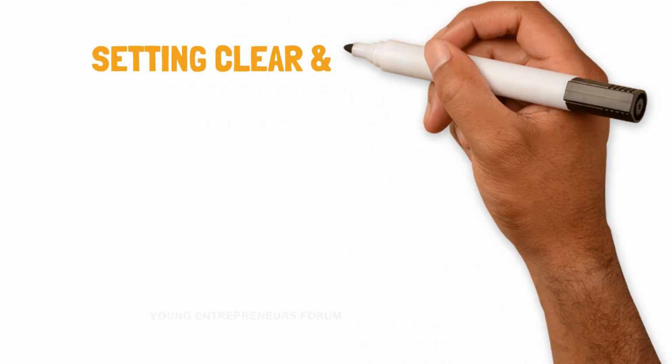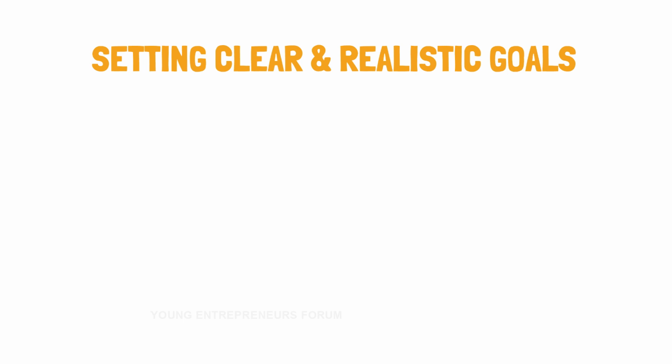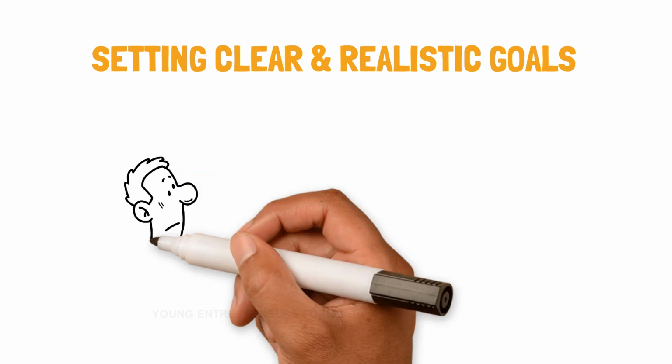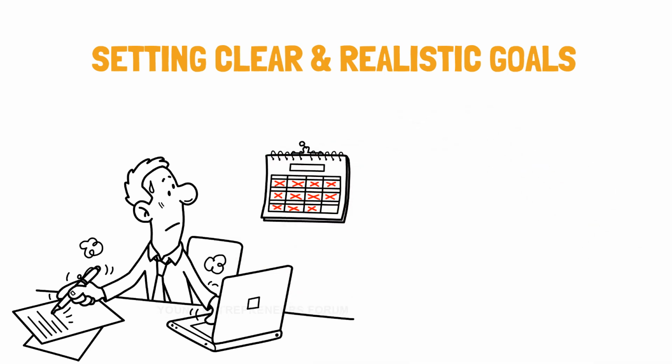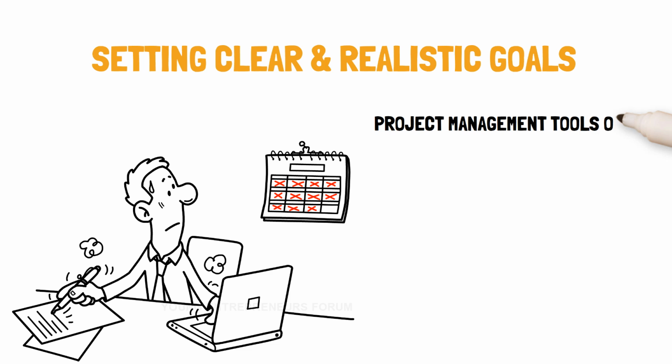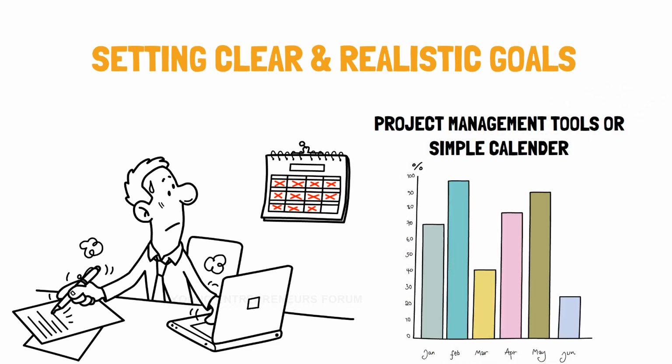First things first, setting clear and realistic goals is crucial. Without a clear idea of what needs to be achieved, it becomes nearly impossible to meet deadlines. So, take out your project management tool or a simple calendar and start mapping out the milestones and target completion